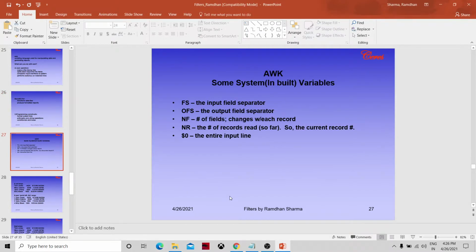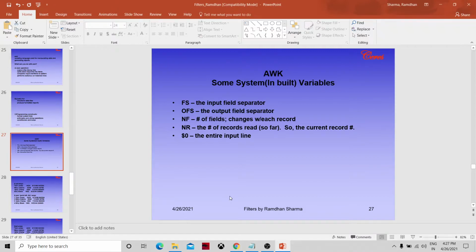So how does AWK achieve these programming capabilities? It has inbuilt parameters. FS is the input field separator. OFS is the output field separator. NF is the number of fields, which changes in each record. So it may change if you are reading line by line. The number of fields for the first record could be different from the second record.